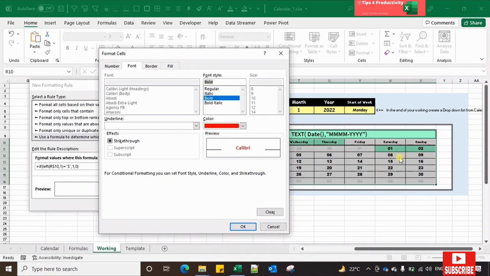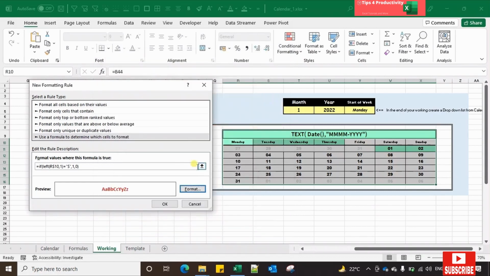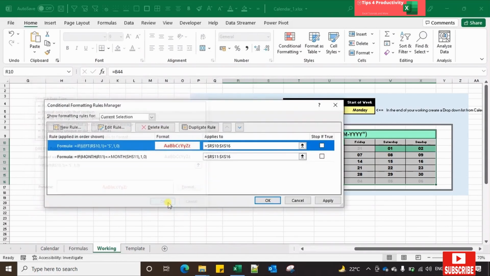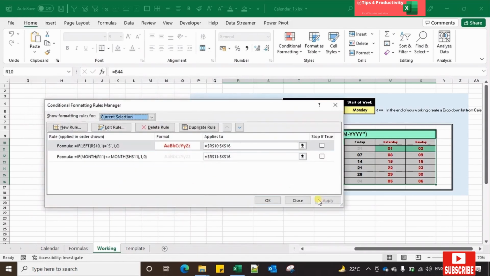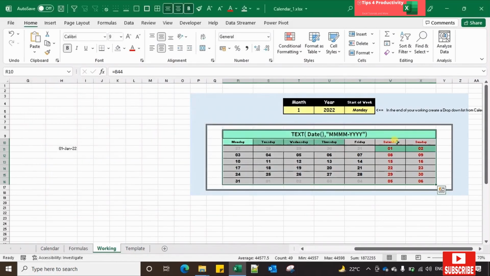And I will make it bold because already the selection is bold. And I press OK and I say apply. So now what happens is anything under Saturday or Sunday, because both are starting with S, becomes red. So let me go and